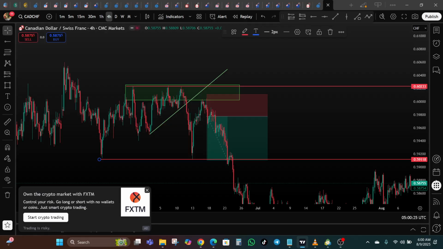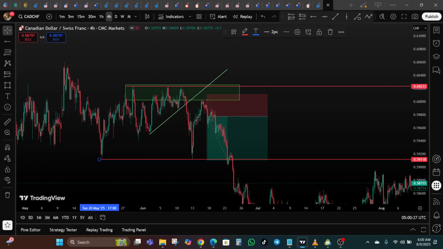Now, the fourth mistake is overtrading. This happens when traders take too many trades in a short period, especially out of boredom or the need to make back losses. Now, I understand those who are scalpers, okay? I'm not saying that you should not be a scalper. Feel free to be a scalper and to take many trades. But the direction that I'm coming from is emphasis on overtrading because of boredom, or rather out of boredom or the need to make back loss.